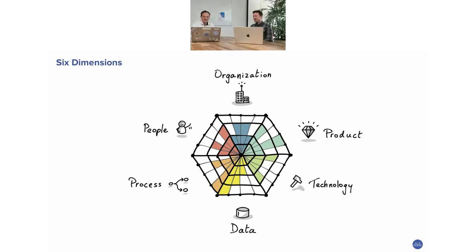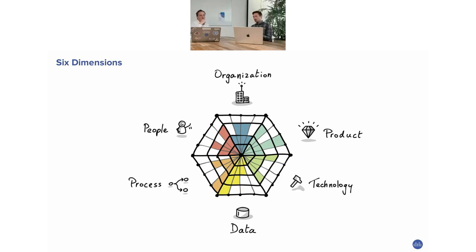Yeah, thank you, Chris. So last time we indicated already what those 6 dimensions are. We have the organization, the product, technology, data, process, and people. And we gave a one-sentence summary of what those dimensions are. But today, we are going a bit deeper into each of these, why we think they're important, and how you can measure your success with each of these dimensions.